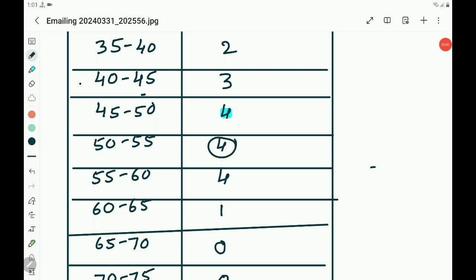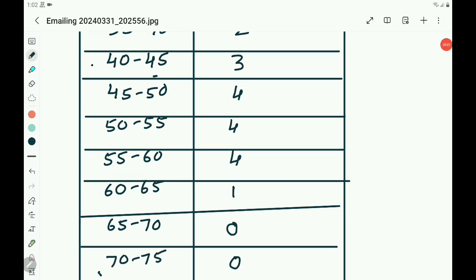If you take this for the mode, then here again 50 plus 0, you are going to get 50 only. If you take this for the mode, then you are going to get 55. 55 plus 0, this is 50 plus 0, this is 45 plus 5, 50. Here if you take this 2, you are going to get the answer 50. If you take this one, you are going to get the answer 55. So here 2 values you are going to get, as there are 3 highest frequencies. So let us take this and this.